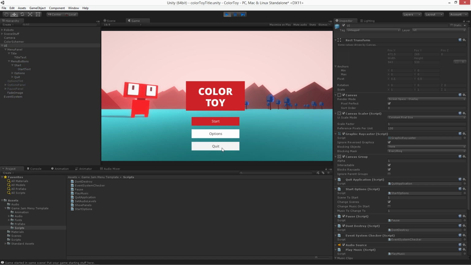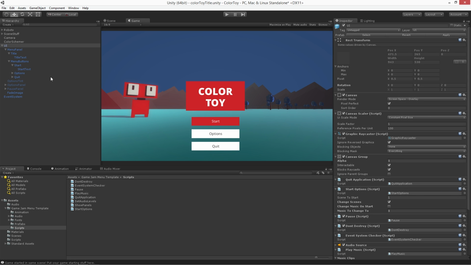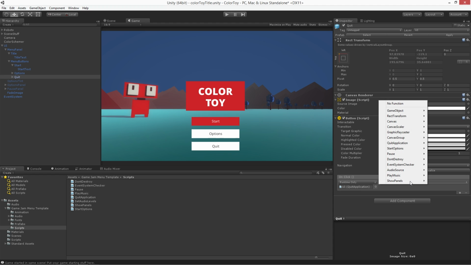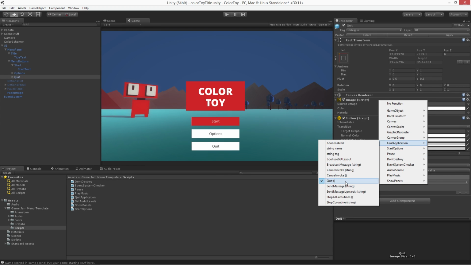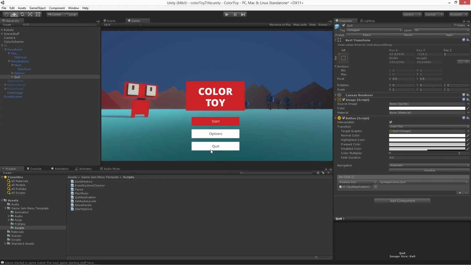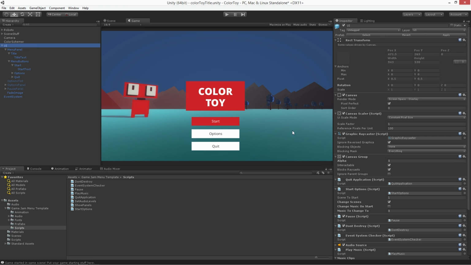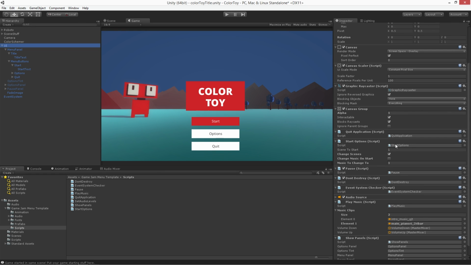Like so. And that single function is getting called, so again, we've got a reference to our UI object that has the class attached, and then we're just calling the quit function of quit application. So here's quit application, and there's the function quit, and we're just calling that whenever the quit button is pressed. And that's also getting called from the quit button in the pause menu. So we're just calling that same function. Then we've also got start options that we went over. Pause, super simple,